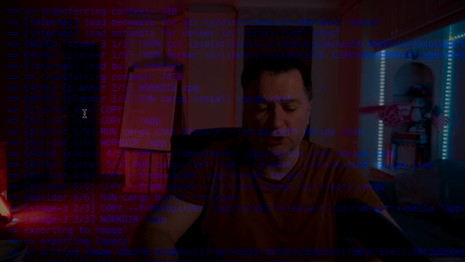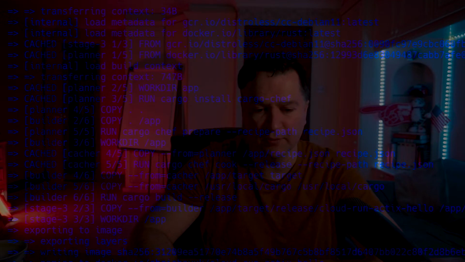Okay, so my Docker container is built now, so what we need to do is we'll just run it locally, make sure it works, and then I'll show you how we can get that built and deployed on Google Cloud Run. So to do that, I'm just going to clear my screen, and then I'm going to type in docker run,